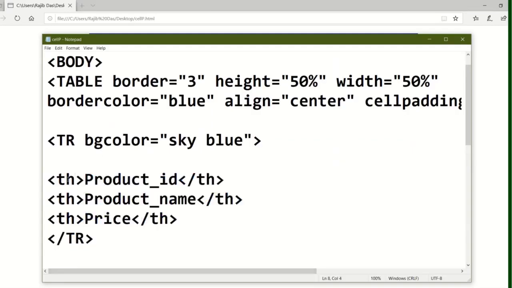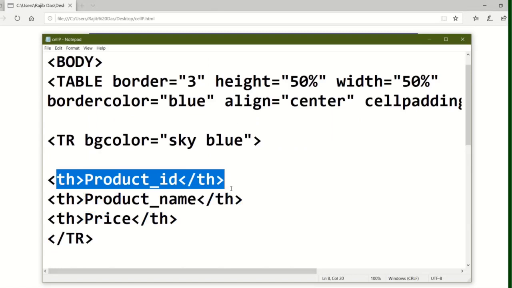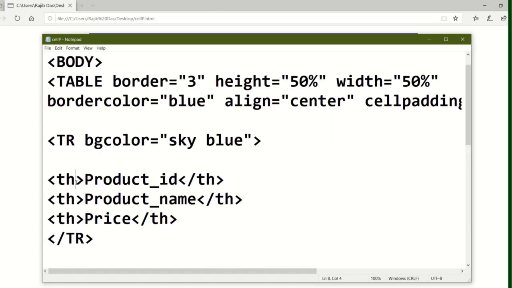This is the first heading, the product ID, and in this th tag I am writing colspan equals 2, because I want to cover two columns. So we have to specify the value according to the number of columns. So I am writing 2.